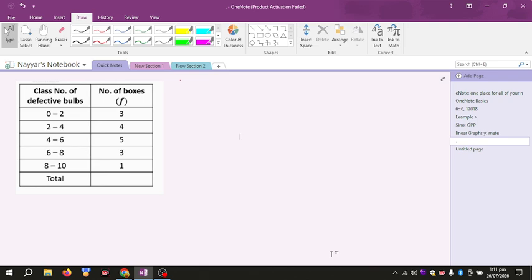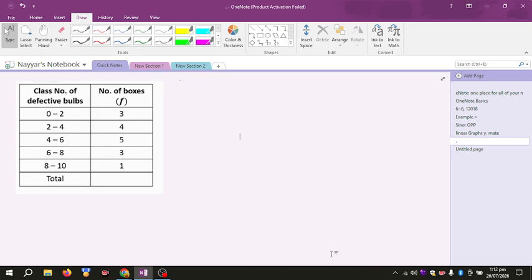So it means that there are 3 boxes where the number of defective bulbs is from 0 to 2, and from 2 to 4 there are 4 boxes, and from 4 to 6 there are 5 boxes, and defective bulbs from 6 to 8, there are 3 boxes, and for 8 to 10 there is 1 box. So in today's class I'm going to explain how to find out the